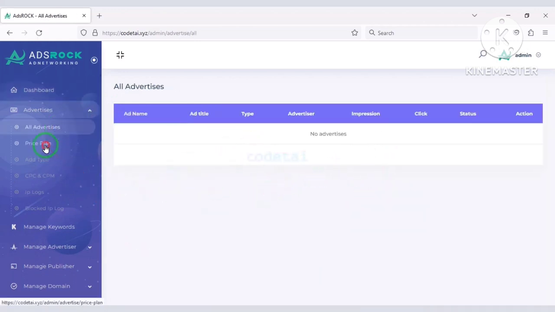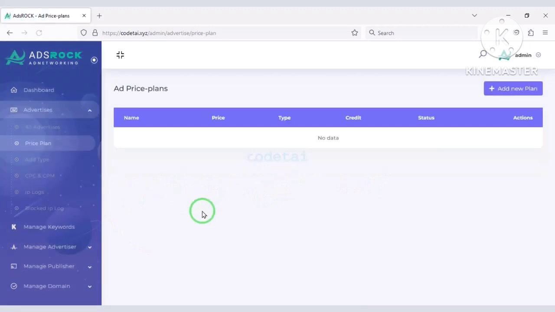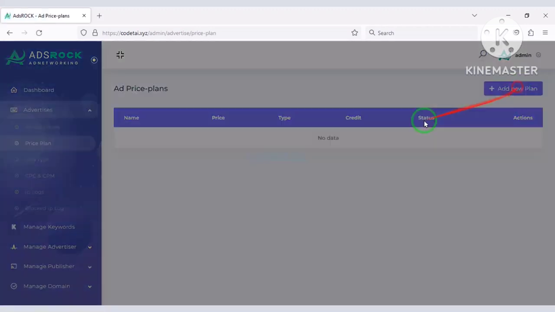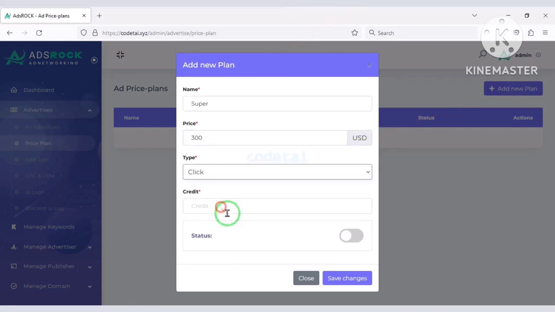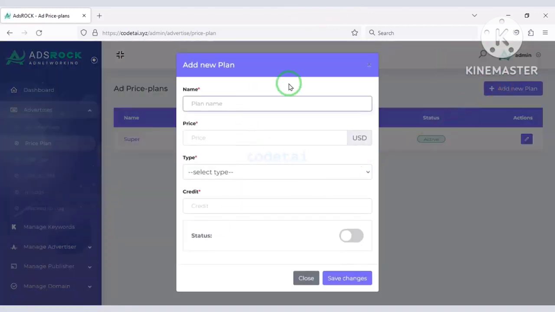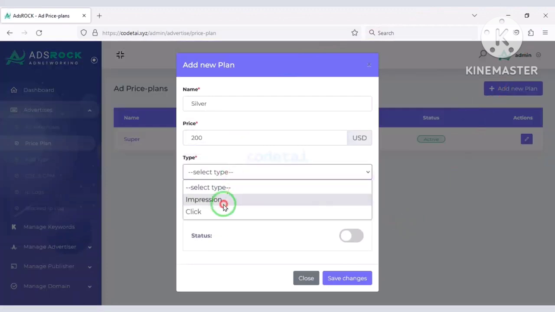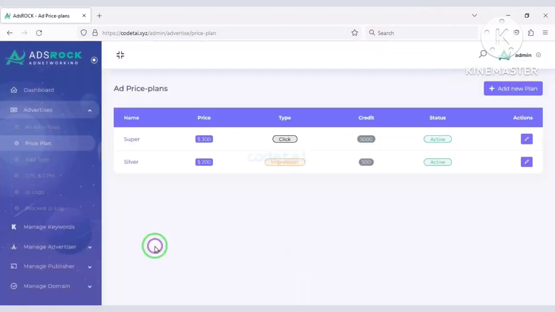So let's now create the package for the users. You can create unlimited package plans. Then you can create ad types.